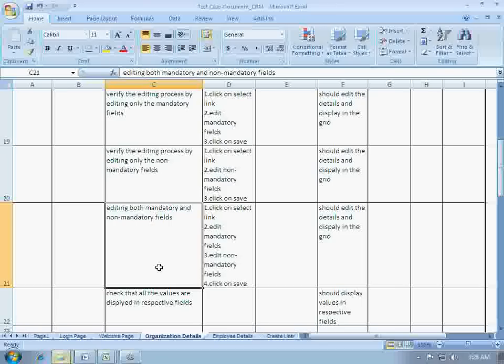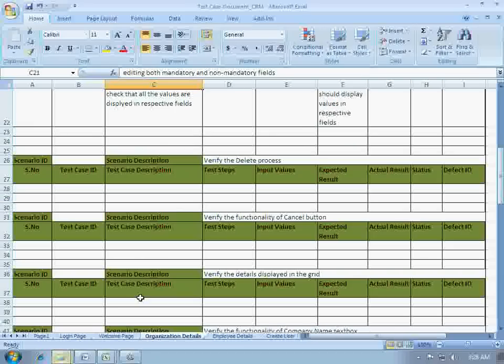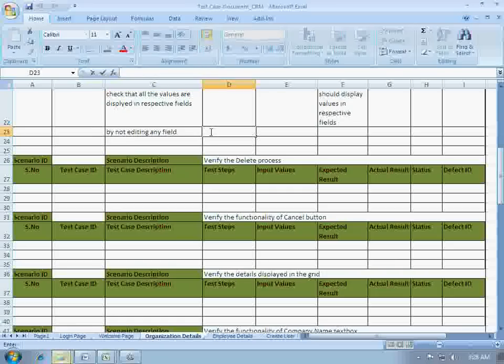We can also write one more test case here, that is verifying the editing process by not editing any field. That is, select button is clicked, all the details are displayed in the respective fields, and we are clicking on save button. We are not editing any details, we are directly clicking on save button.